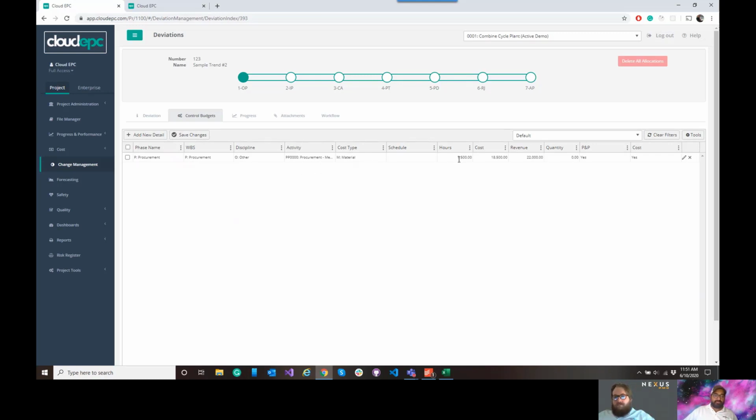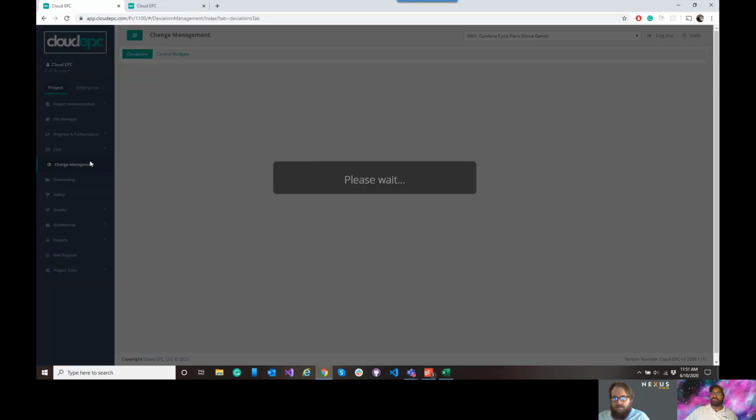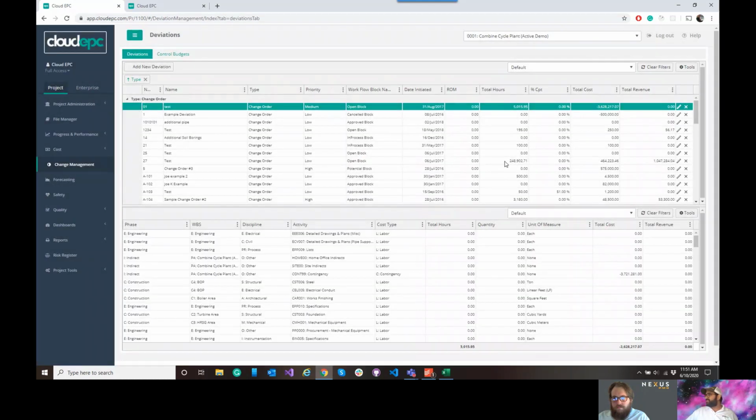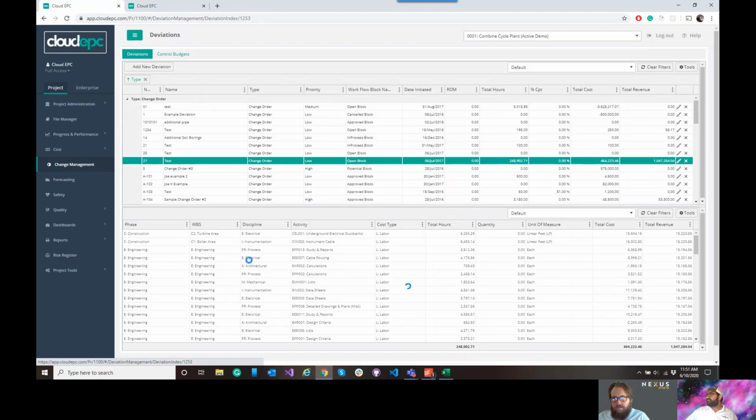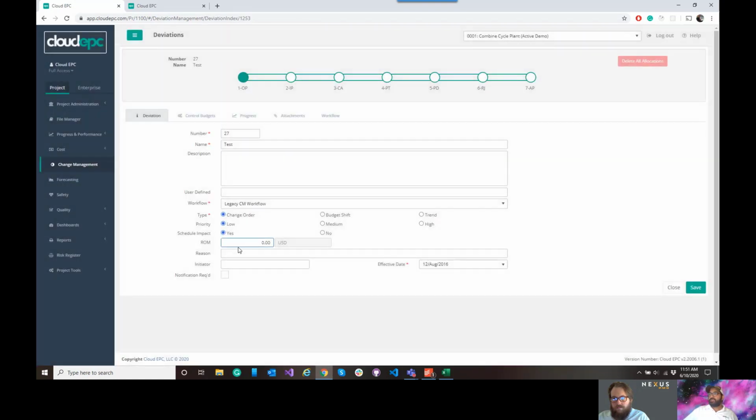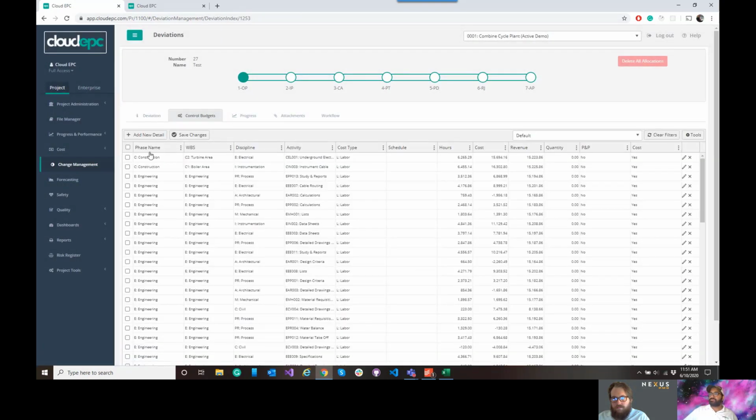We're going to quantify it, so hours, cost, revenue, quantity. A deviation can be cost coded to multiple lines. Let me find one maybe that's already existing in the system. And so we can see in this case, it